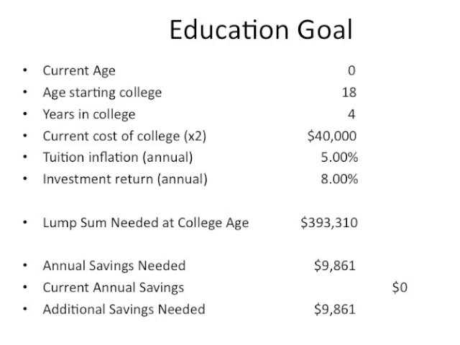We did analyze the situation based on the assumptions that we had made. $20,000 cost times 2 children, with tuition increasing at 5% a year and investment returns at 8% a year. We would come up with a lump sum needed of $393,000, and that's if you started saving right when the children were born, which would come out to an annual savings need of a little over $9,800.